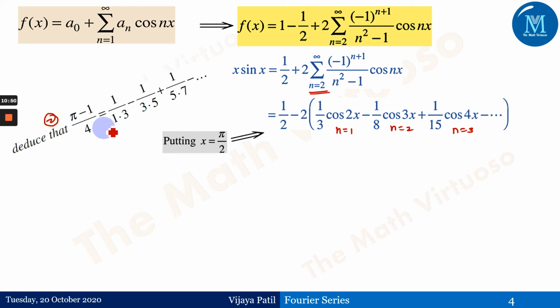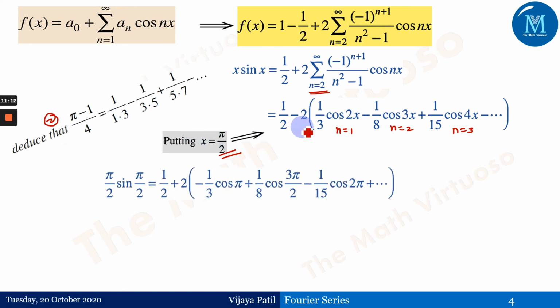Okay, now what I need here is 1 upon 1 into 3, 1 upon 3 into 5, 1 upon 5 into 7 and so on. That means I need plus minus everywhere, and x equals to pi by 2 is the correct value to calculate this particular infinite series. So if we put x equals to pi by 2 everywhere, why are we going for pi by 2? Because we have got cos of nx here, and this will switch between plus 1, minus 1, plus 1, minus 1 only when we provide the value as this.